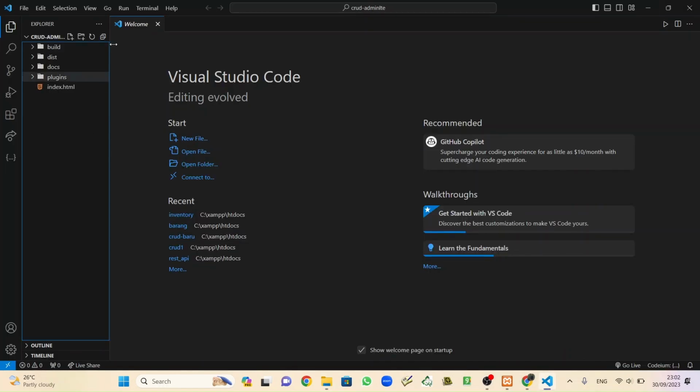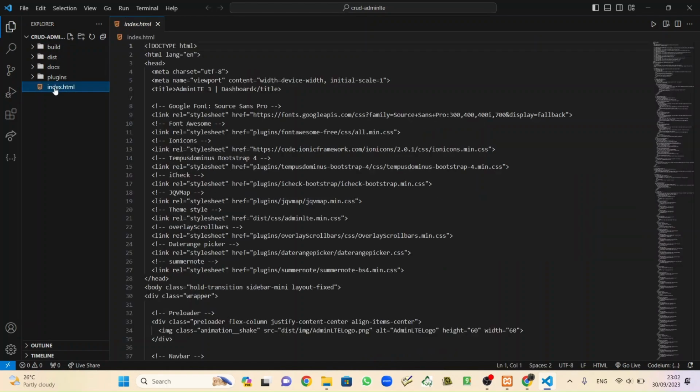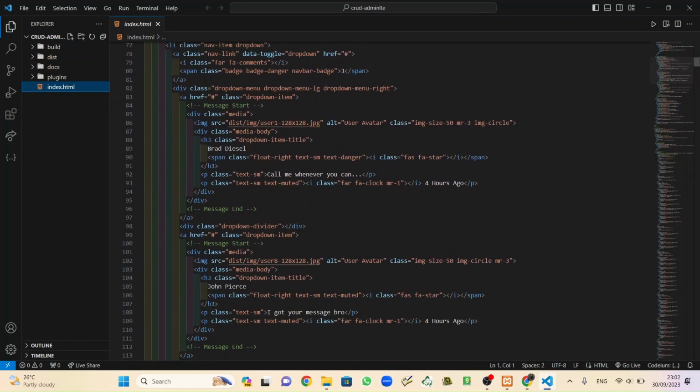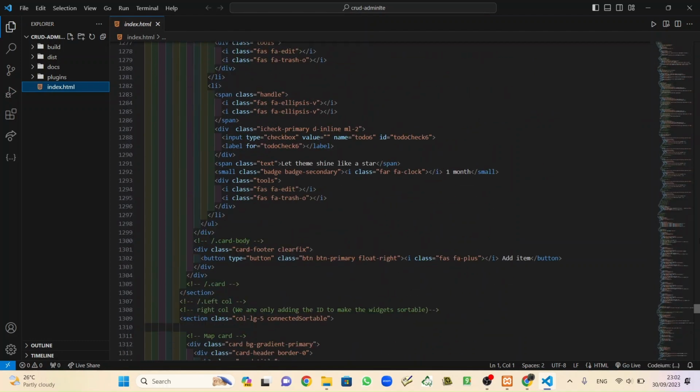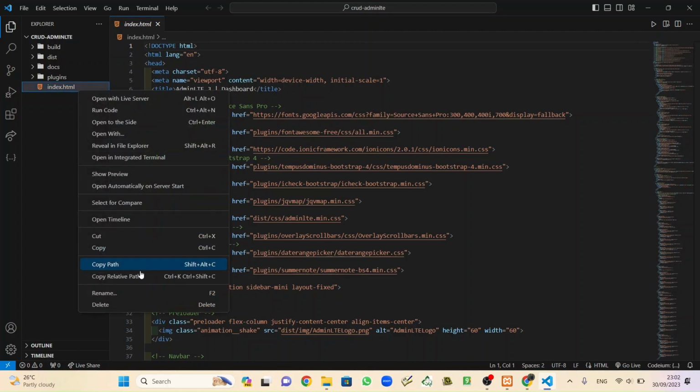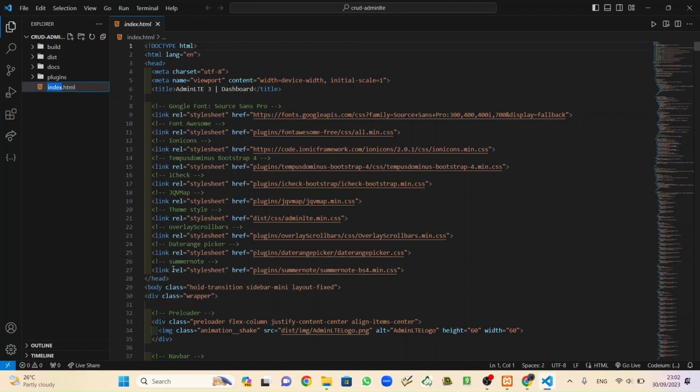We can open it in VS Code here. So this is the code. There is a lot of code here, but all we need is this little part. So the first thing, before we change anything inside here, is to change the extension to PHP, not HTML. PHP. Enter. Okay.